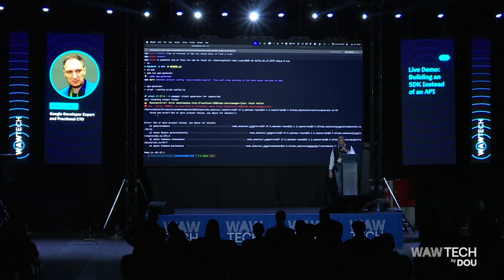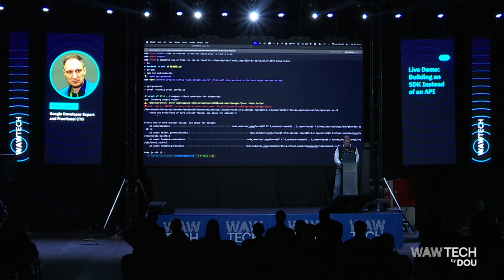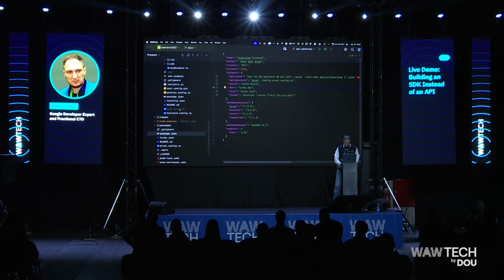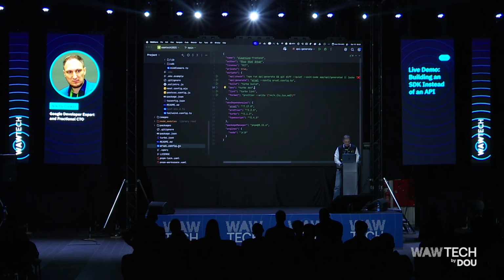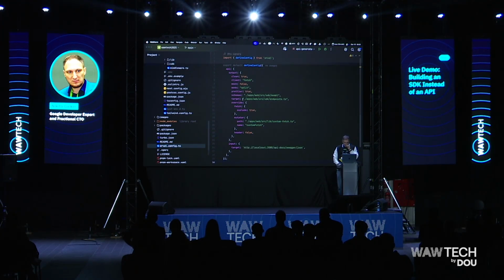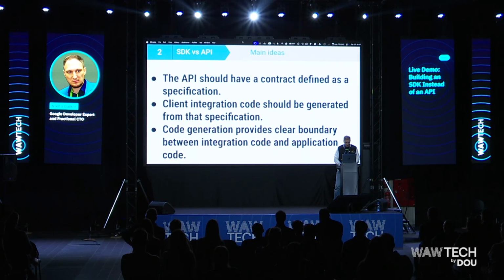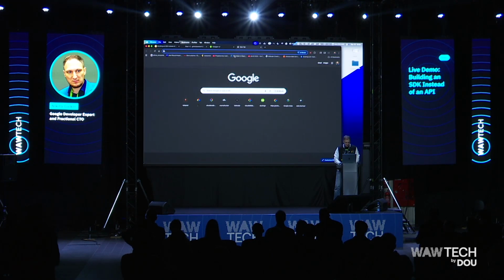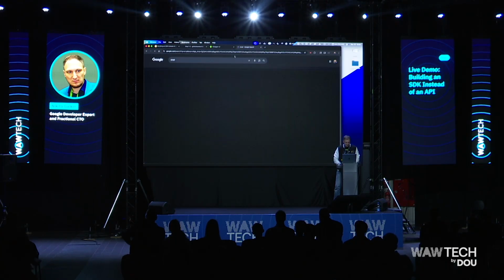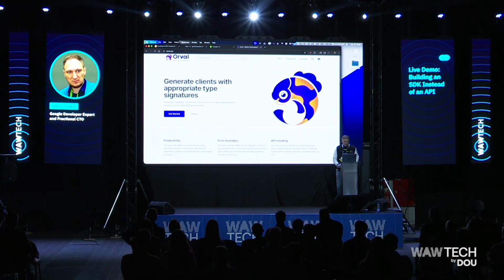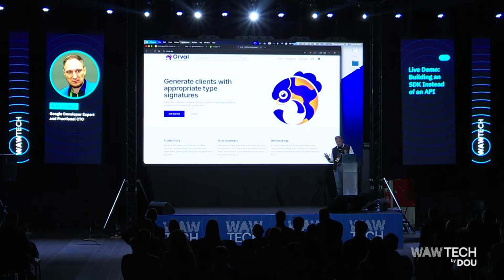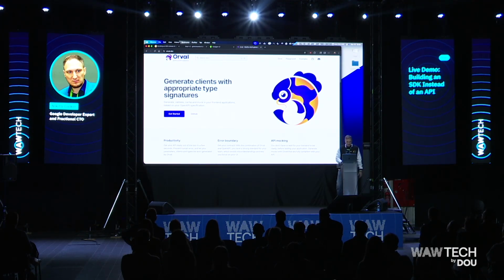Okay, so it's failed because if we check how we define our SDK generation tool, we use Orval for that. Let me open the website of Orval to demonstrate several key characteristics. First of all, it's RESTful client generation.